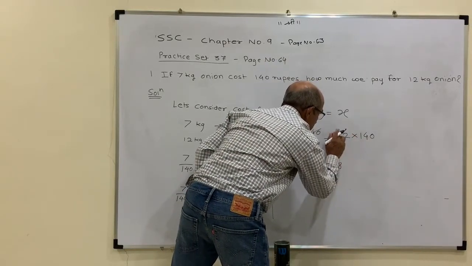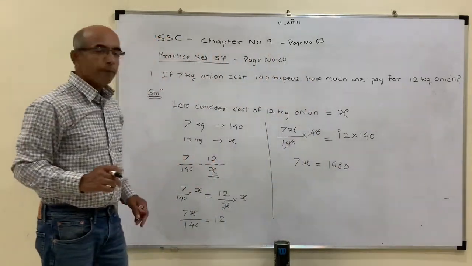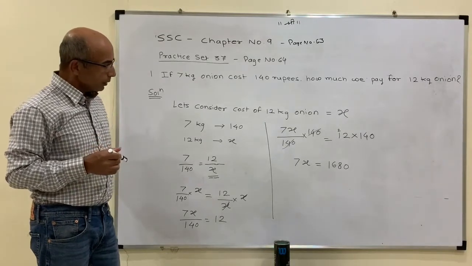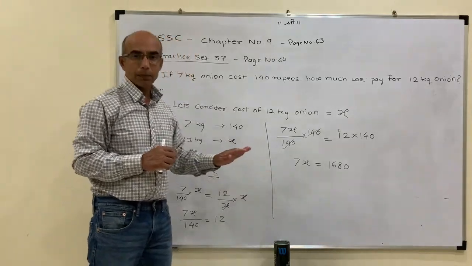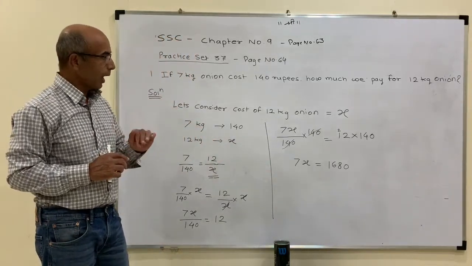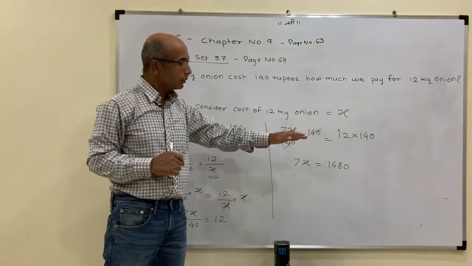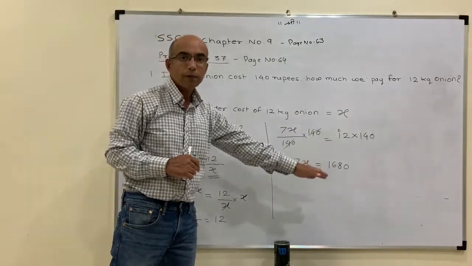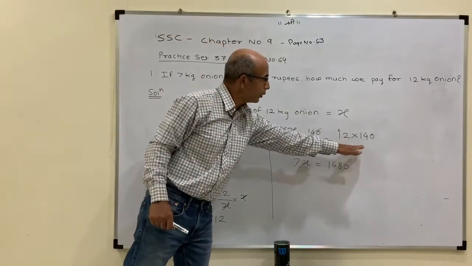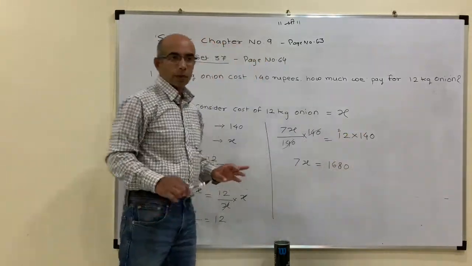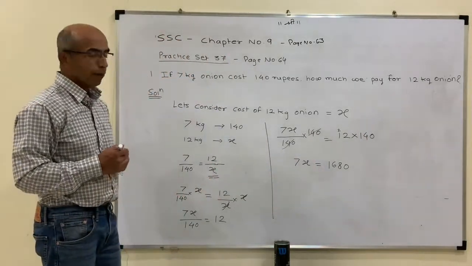Here 2, 14 1s are 14 plus 2 is 16, and this 0. Yeah? Make sure, as I have mentioned several times, you should learn by heart the tables from 2 to 30 to have your calculation easily. So you don't kill time in other exams where you have to do a lot of rough work to find the multiplied values. Here what I have done, I have multiplied 14 by 12 and then I put the 0. Yeah. So now my answer, 7x comes out to 7x equal to